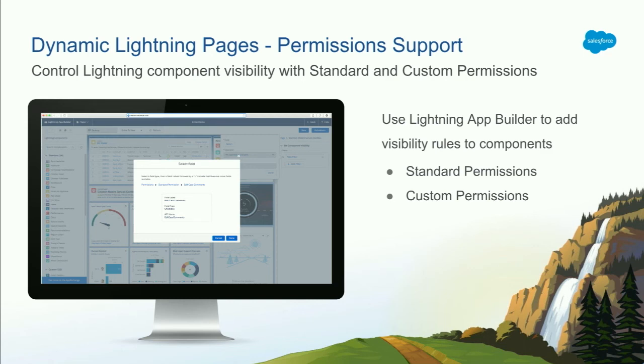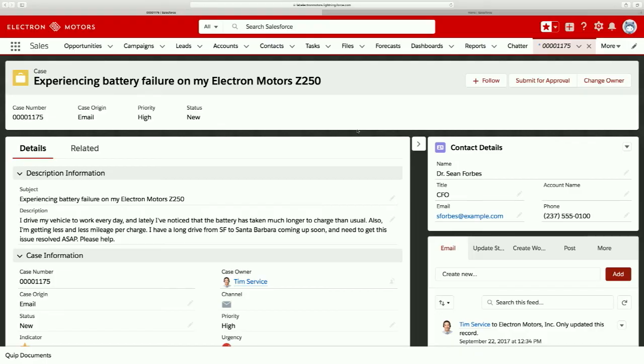We are able to add rules based with permissions. So admins can go in, they can use their standard permissions and their custom permissions to control component visibility. So super excited about that. I'm going to go ahead and get into a demo and show you both these awesome new things. We love demos. Okay, so first up, I'm going to show you how our users can go in and activate